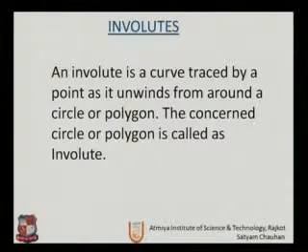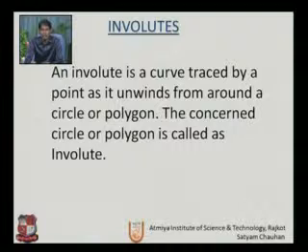Next on our list we have involute. An involute is a curve which is traced by a point. It unwinds from around a circle or polygon. The circle or polygon is called the involute's base. So involute is basically a point. Imagine a string which is wound on a circle. So it is the trace of the point at the end tip of that string, if we wound or unwound that string around